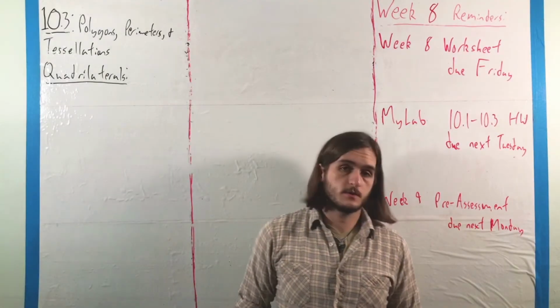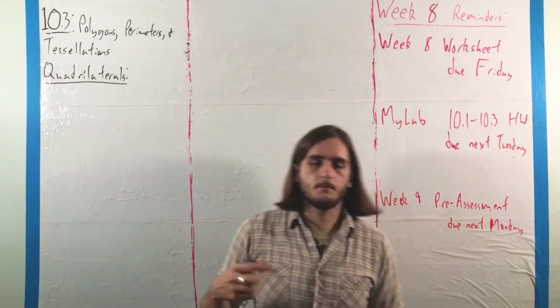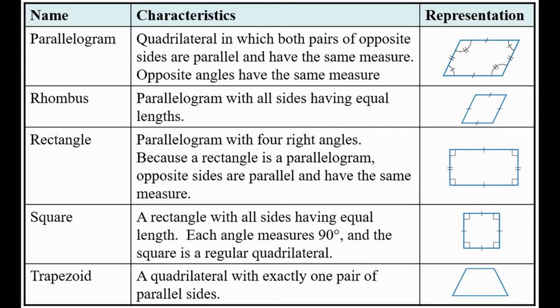So now we are going to talk about our four-sided polygons, the quadrilaterals, where we have a few main types of quadrilaterals that we will consider. We have our parallelograms, which are the quadrilaterals in which both pairs of opposite sides are parallel and have the same measure, where you have the same opposite angles. So this is kind of like a quadrilateral made out of a couple pairs